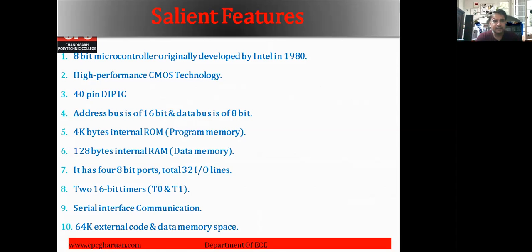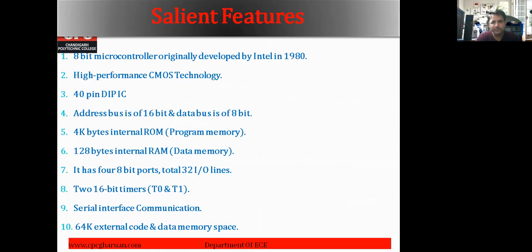Also 8051 has 4 kilobytes internal ROM, that is the program memory. Also 8051 has 128 byte internal RAM, that is the data memory. 8051 also has four 8-bit ports, and four 8-bit ports make a total of 32 input-output lines.